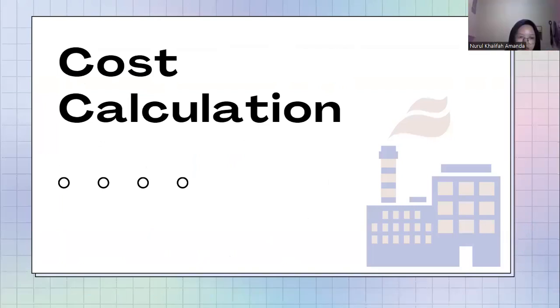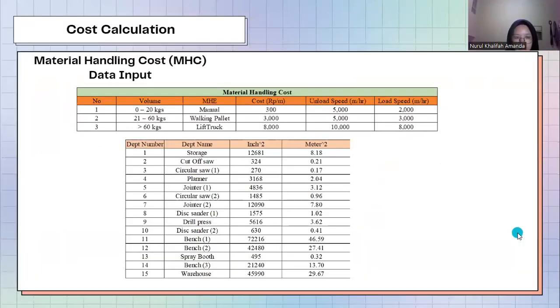Next, cost calculation consists of material handling cost and production cost. This is the material handling cost input data. We input the data from the material handling equipment, and we also input the department number, department name, inch, and meter.